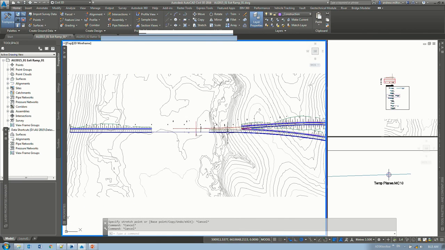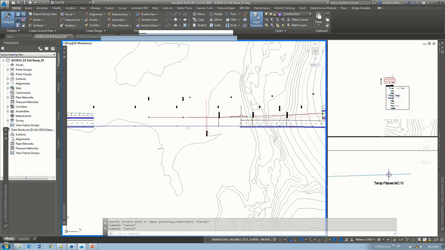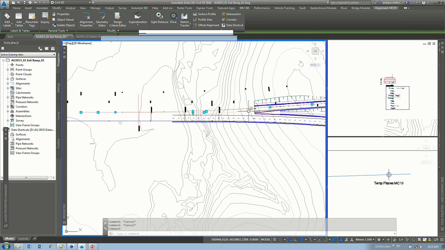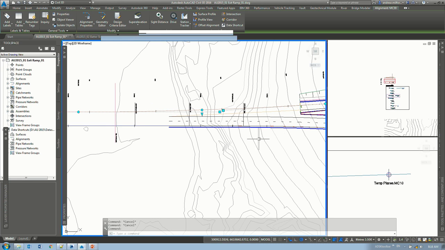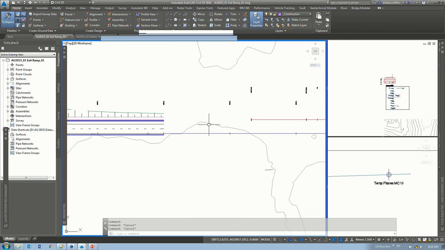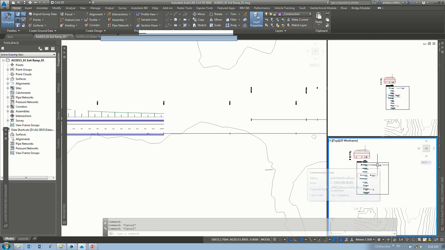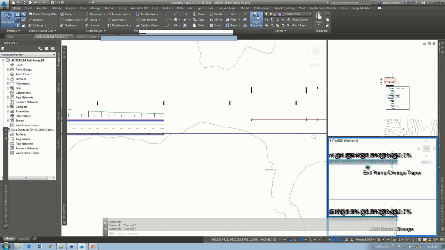So back to the corridor model, I've already got a section in here. I'm going to use the MC30 baseline to extract levels from the through road super elevation. Firstly, I'm just going to look at this taper that we're looking at here. Now, I'm not going to use a custom sub-assembly for that. I'm going to use what we call a number transform, and this was built into the ANZ country kit earlier this year in 2016. So coming to our sub-assemblies, I'm going to use this thing called the exit ramp diverge